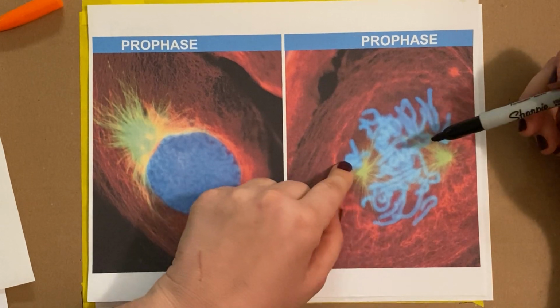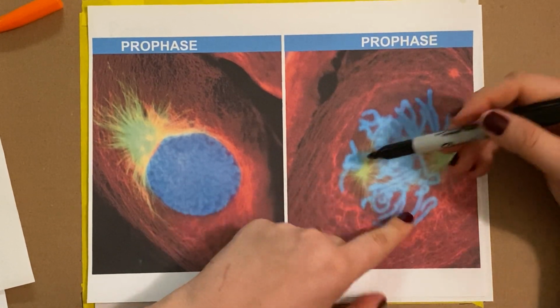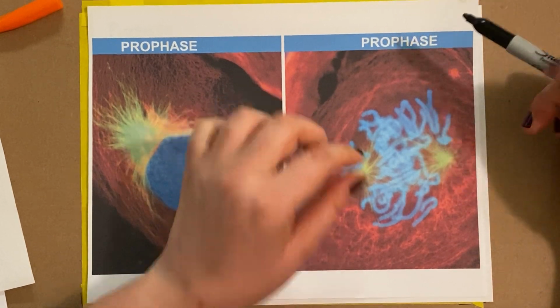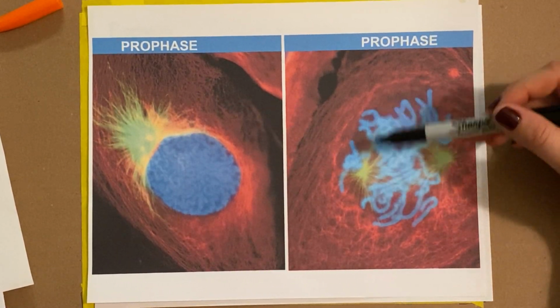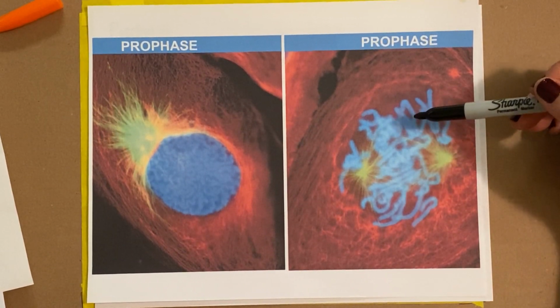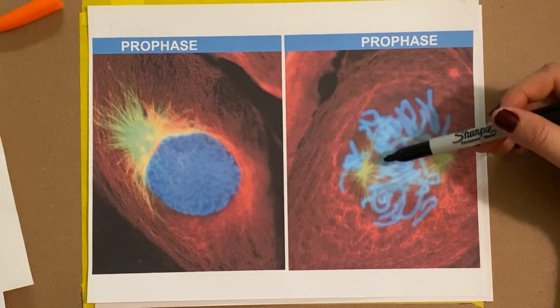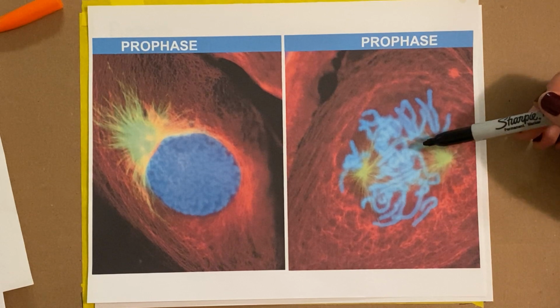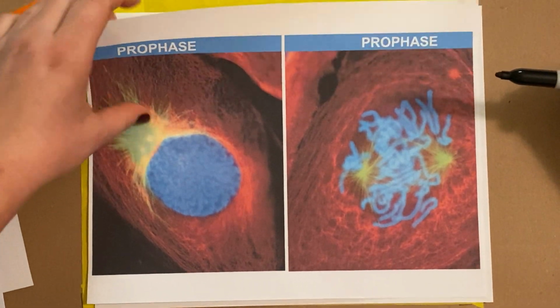Now, during later prophase, you can see that the centrosomes have started to move apart from each other. The chromosomes are now free. They are no longer inside the nucleus. And the spindle fibers, which are these green ones, are going to start to attach to the actual sister